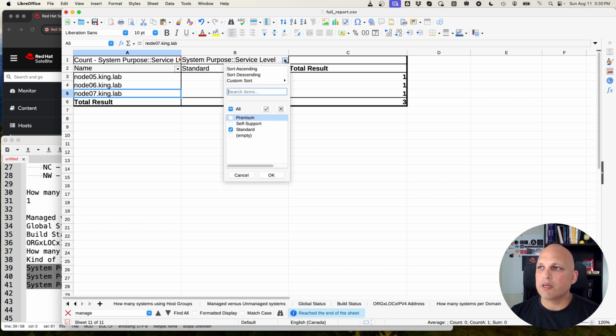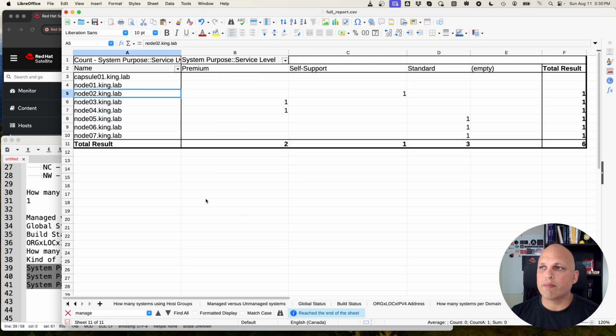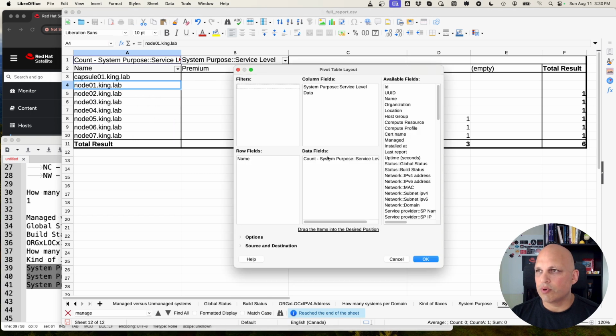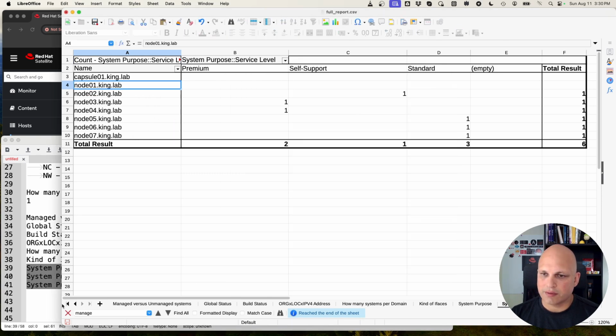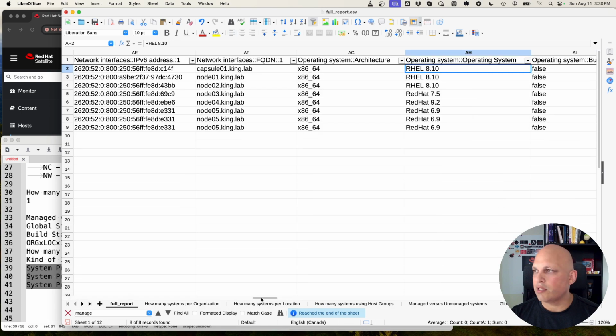Or they should be not production, they should be premium. Because of that, I would like to see this one easily. Or I can see all of them all together. So this is the kind of visualization that you can definitely play around. Let me duplicate this and put another field, which will be not the service level, but if the machine is,